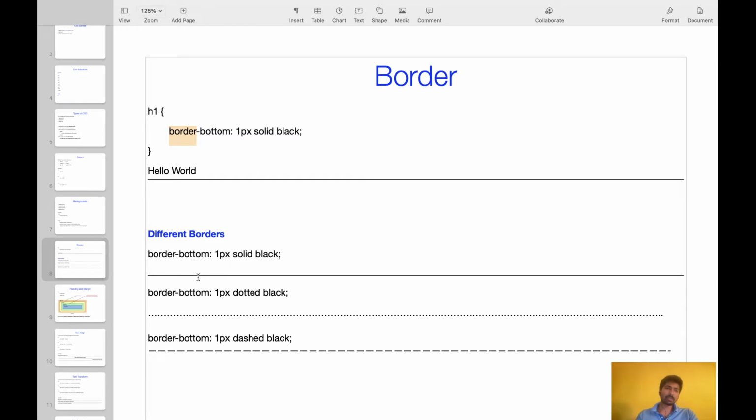Okay. So here there are three kinds of values. One is 1px, which is the width of the border. Solid means a solid line will come, and the color black means a black color will come. Here, instead of solid, if we use dotted, a dotted border will come. If we use dashed, a dashed border will come like this. So these are the three types of borders we can give: solid, dotted, dashed. Solid means like this, dotted, this is the dashed. The last one is the color of the border. The first one is the width of the border. If you give 10 pixels, a thicker border will come.